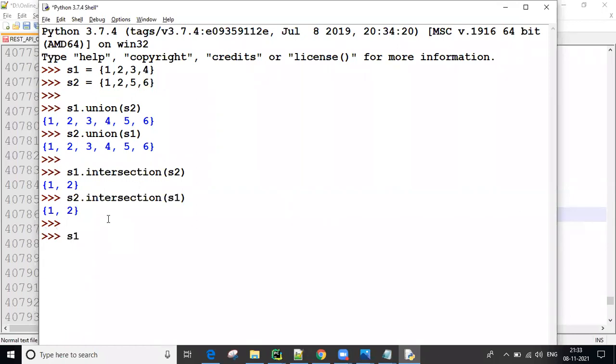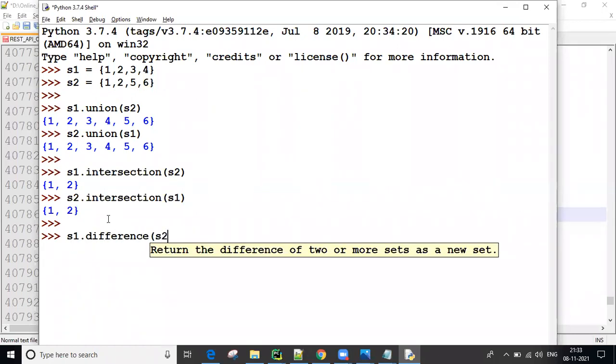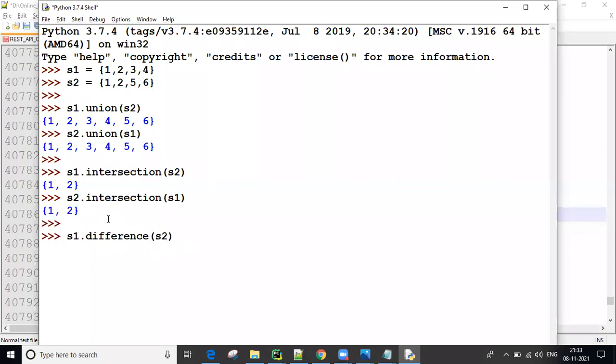Next one, S1 dot difference of S2. Difference of S2 means S1 minus S2, guys. Difference means minus. So what is S1?